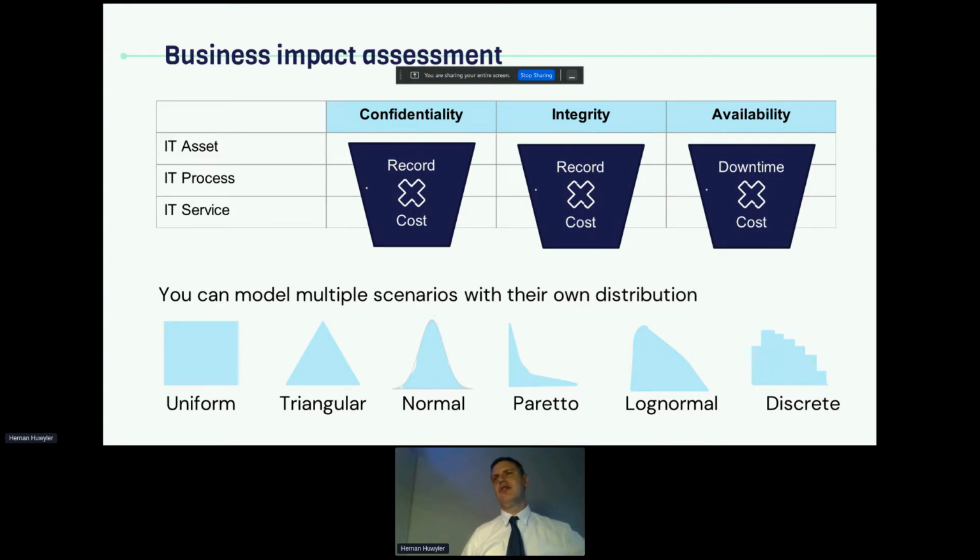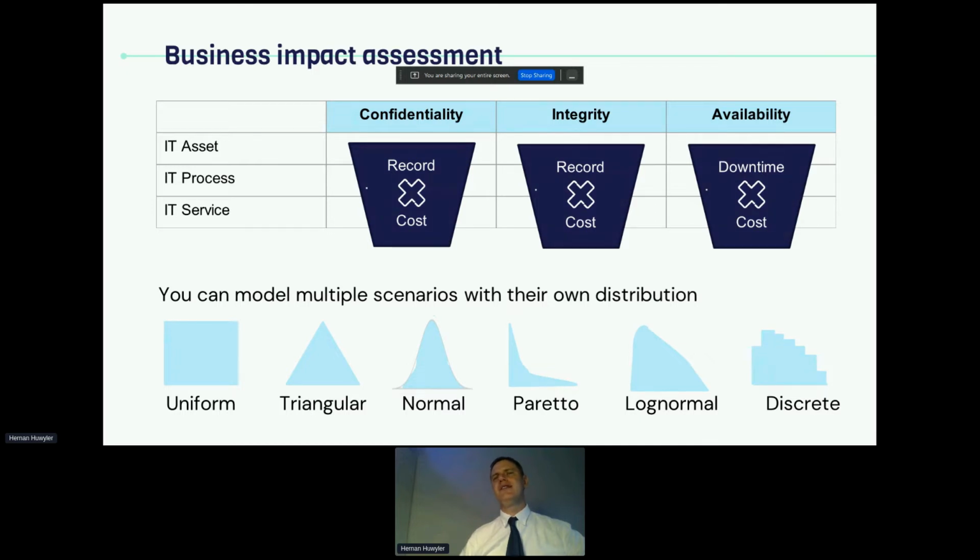So depending on how much you want to understand the risk factors, for confidentiality you can multiply the number of records that will be breached by the cost of the breach. Integrity works exactly the same way, but the cost is related to the recovery and regeneration of the data. And for availability, we need to think downtime.